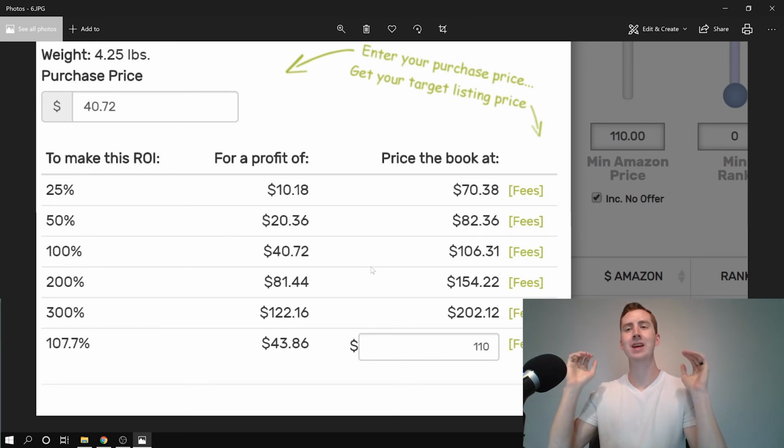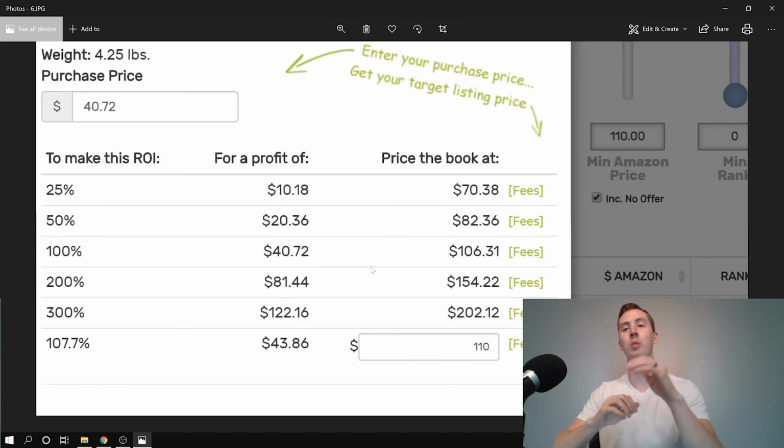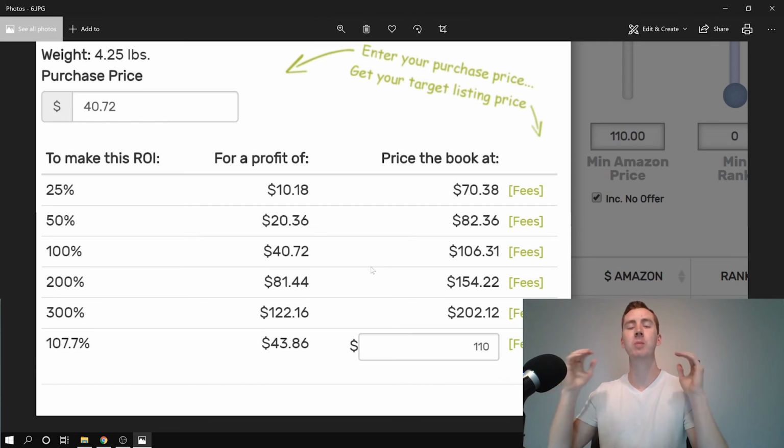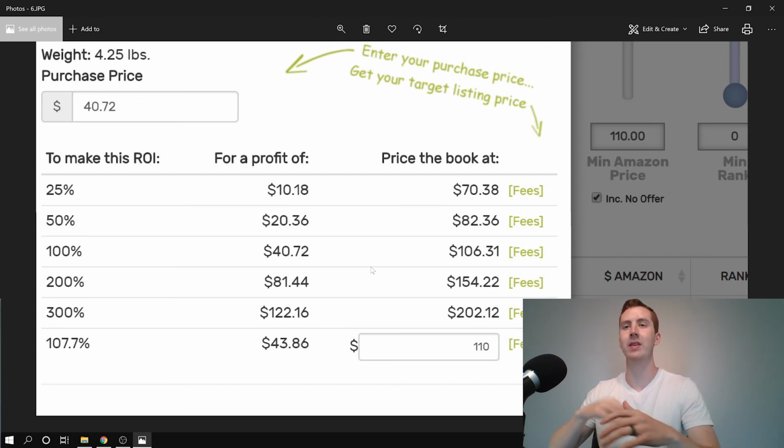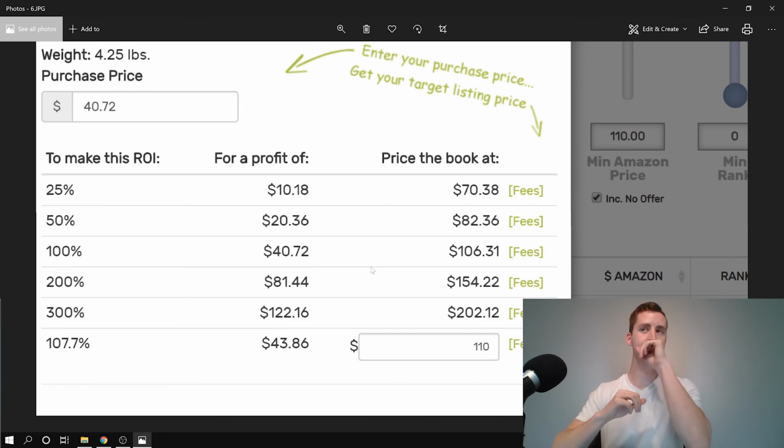So that is day 13 of the 14-day challenge. Tomorrow will be the very last day. I'm going to try and find something great for the last day to finish off this challenge. A few people have asked for videos showing exactly what searches I've been doing. I showed at the very beginning in the training videos the types of searches you can do to find these books. I will show you tomorrow, or probably a day after tomorrow, which searches I found most of these books,